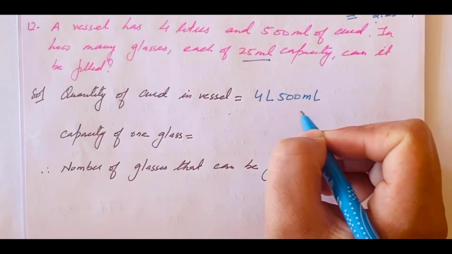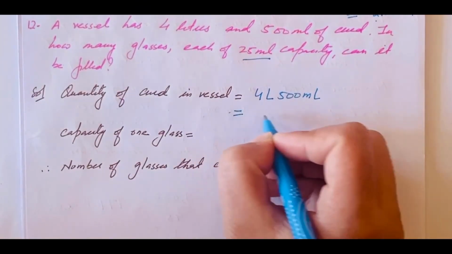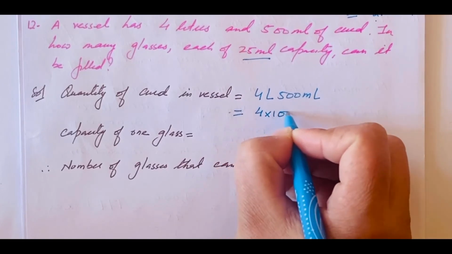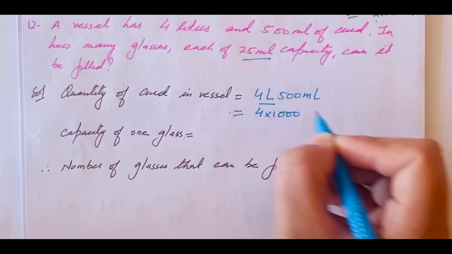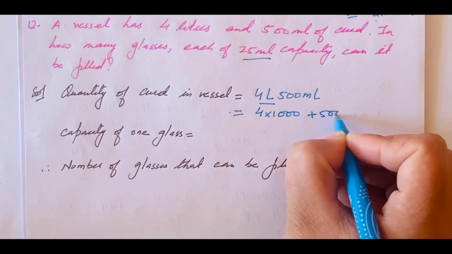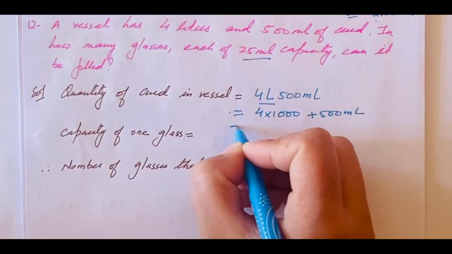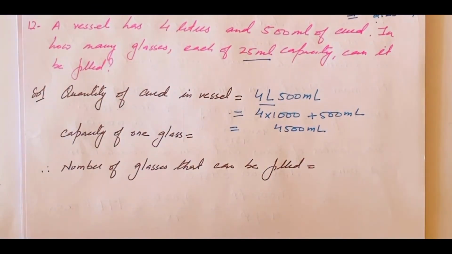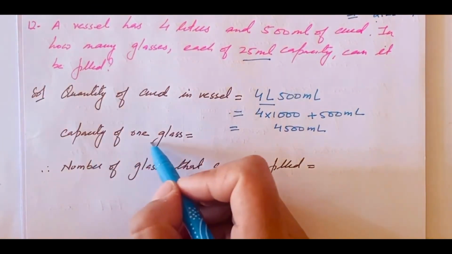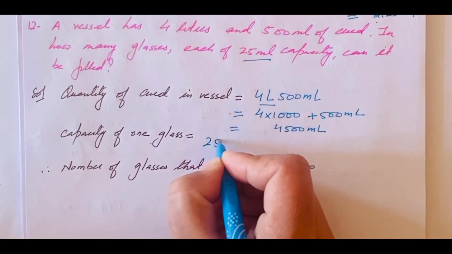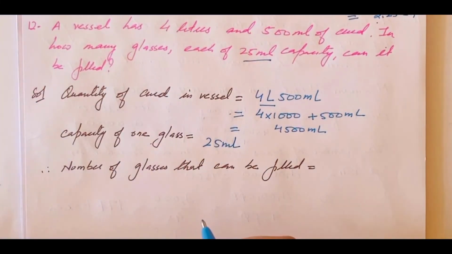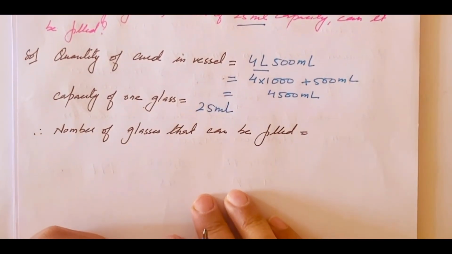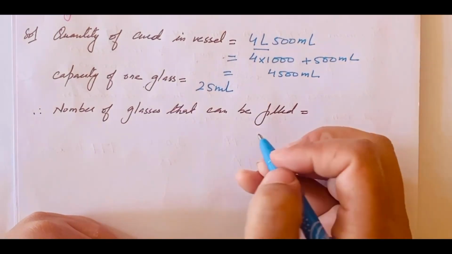What we have to do is convert into milliliter. That is 4 into 1000, we have to convert the liter, plus 500 milliliter. That is 4500 milliliter. Next, the capacity of one glass is 25 ml. What we have to find is the number of glasses. To find the number of glasses, we have to divide